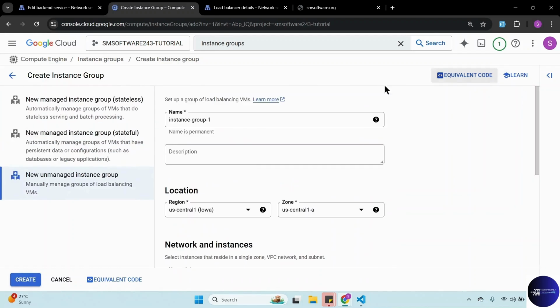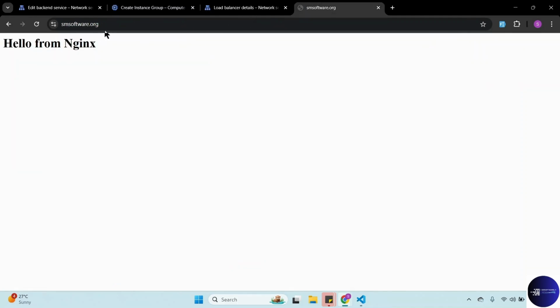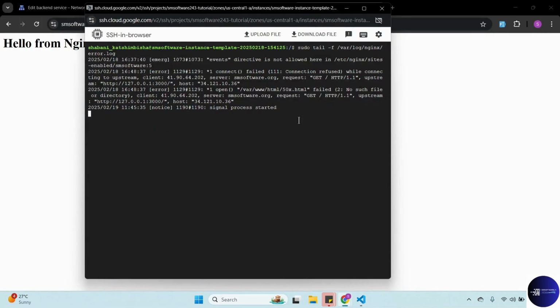All right. So this is just an overview of what you have seen, and also how you can debug some of the common issues. All right. Our application is running. Our website is running with Nginx. So if I go back to this application to show you what we are loading,